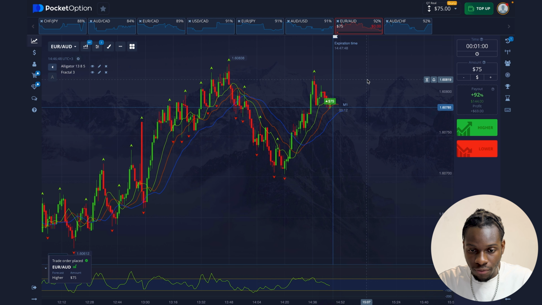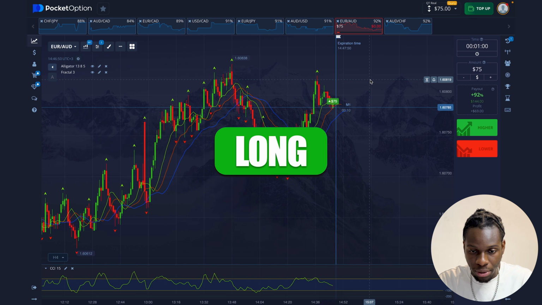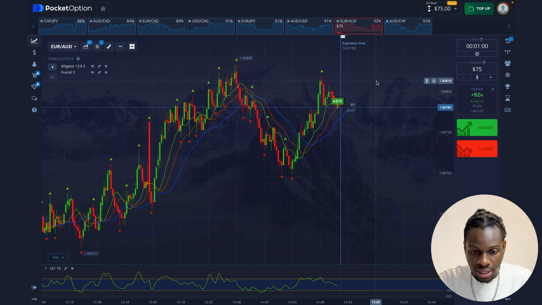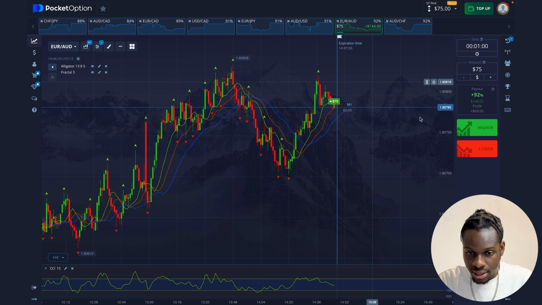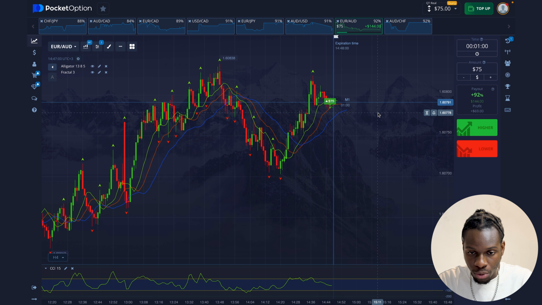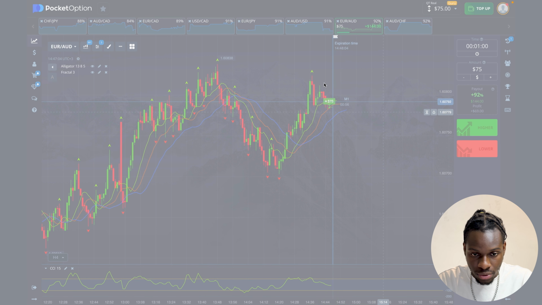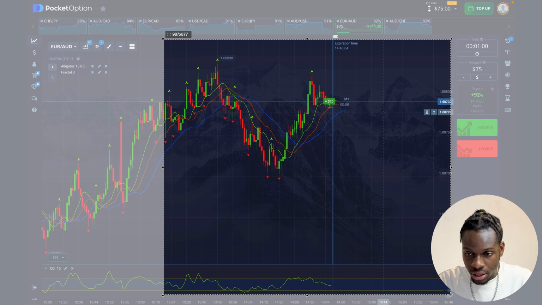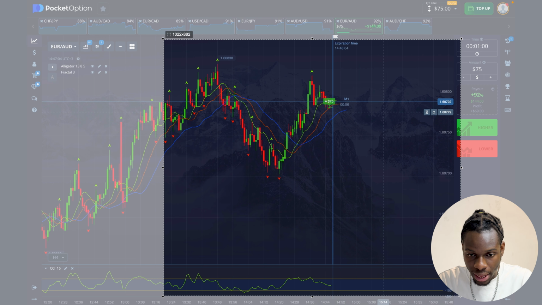Okay, guys, so we just took our first trade, which is a long. Just like I mentioned, we're following the trend for most of these trades. We can see we're in an uptrend right now. And I'm literally just guided by the alligator's moving lines, and I'm trying to analyze their behavior. So right now we're in an uptrend and there was a pullback. After that pullback, we're expecting price to keep on going upwards because we didn't get